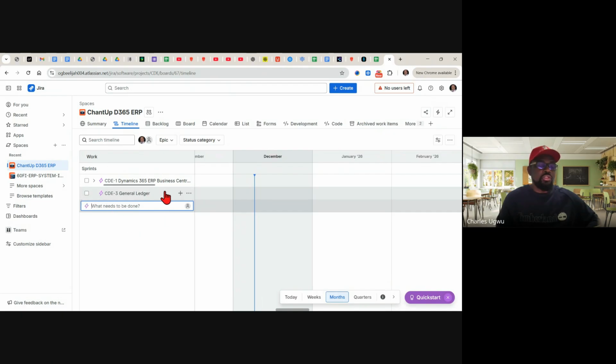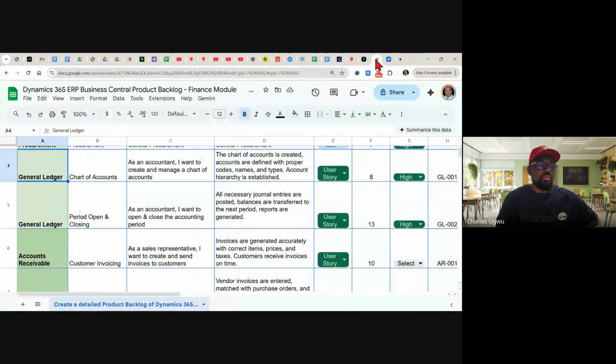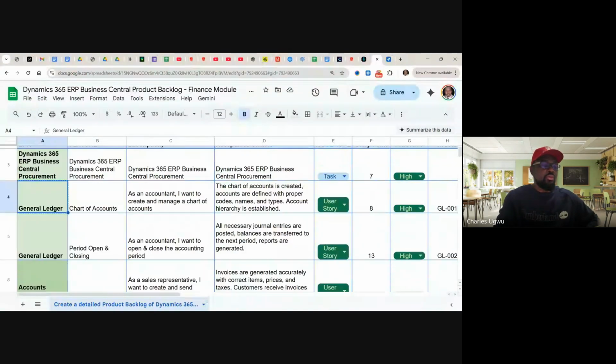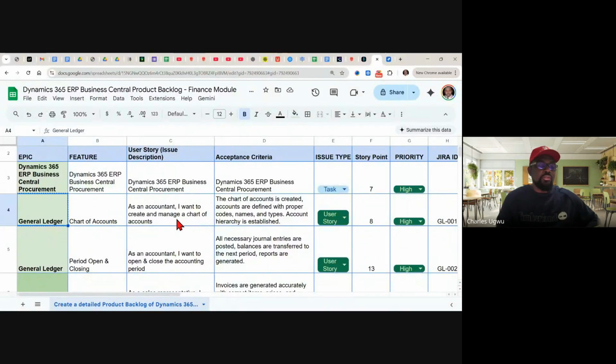So under general ledger, what are the work items under general ledger, because that's what you need to do, plan your work. Well, this is have a chart of accounts, and that's it here.